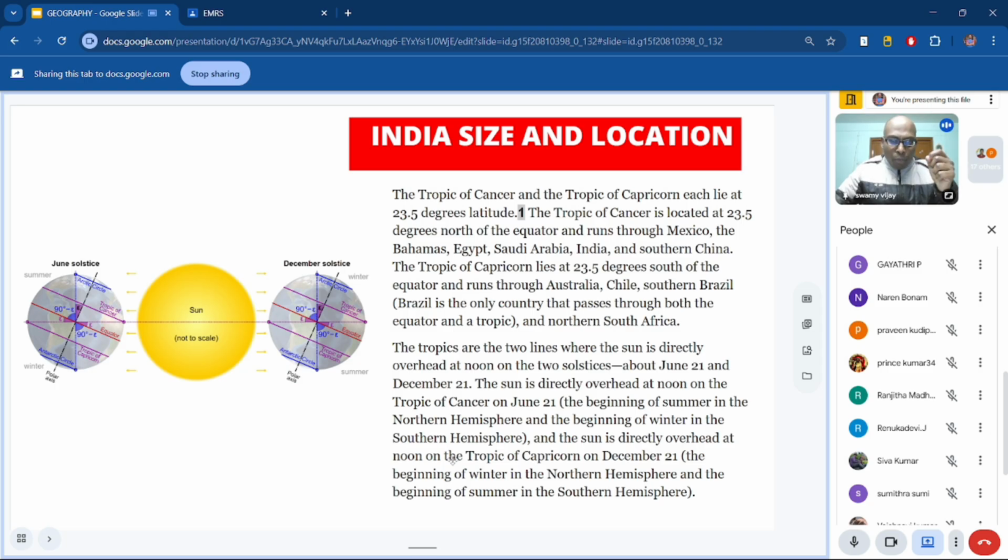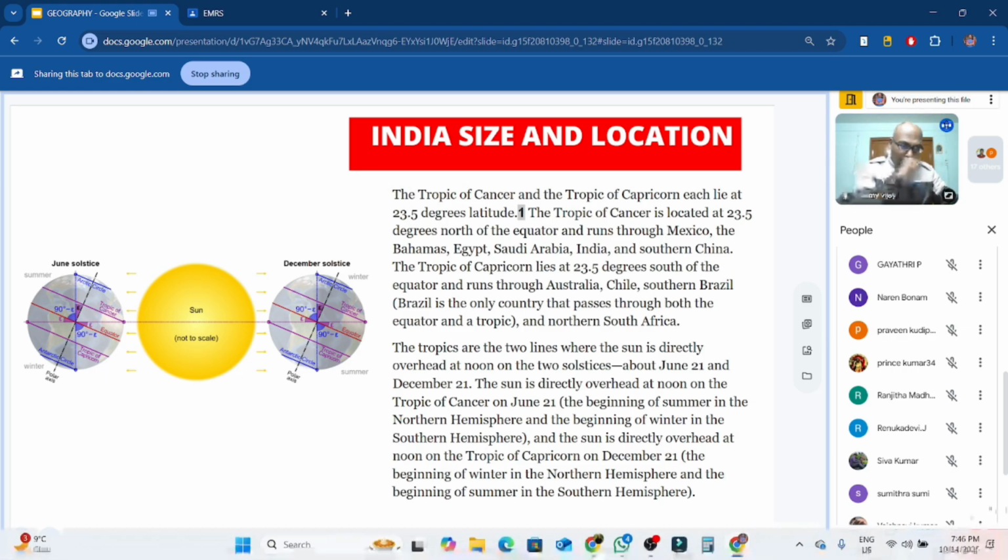So what is this Tropic of Cancer and what is this Tropic of Capricorn? Tropic of Cancer is located in the northern hemisphere at 23.5 degree latitude, whereas the Tropic of Capricorn is located in the southern hemisphere at 23.5 degrees southern latitude. Okay, so 0 degree latitude, then it slowly goes to the higher level and to this side. So the northern pole and the southern pole are there. Now if you read, I'll request